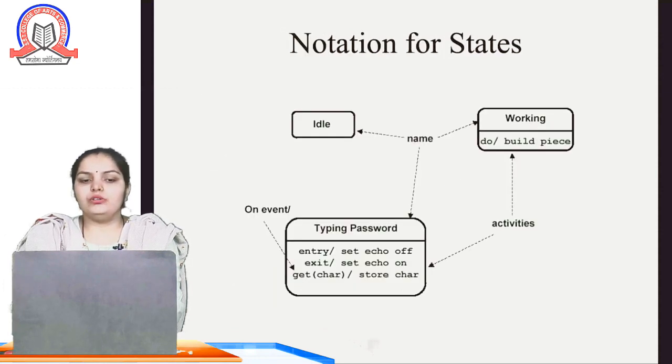So we can see the notations for the state diagram. The idle notation is where the software starts working. Then the different work is divided into two parts. The first block shows the work name, and the next part of the same block shows the activities or events which are going to be performed. This is how we represent the different states of the software.